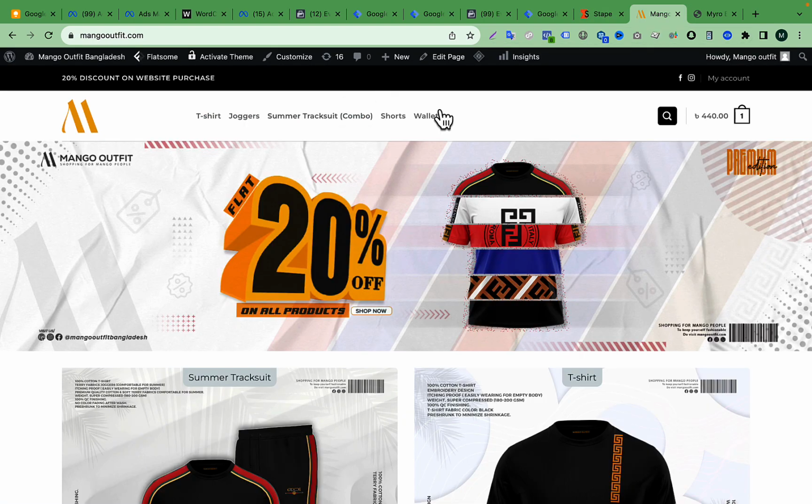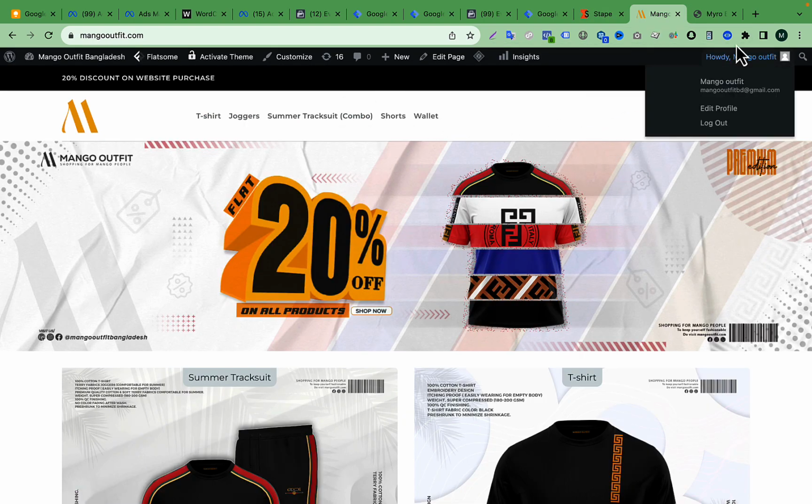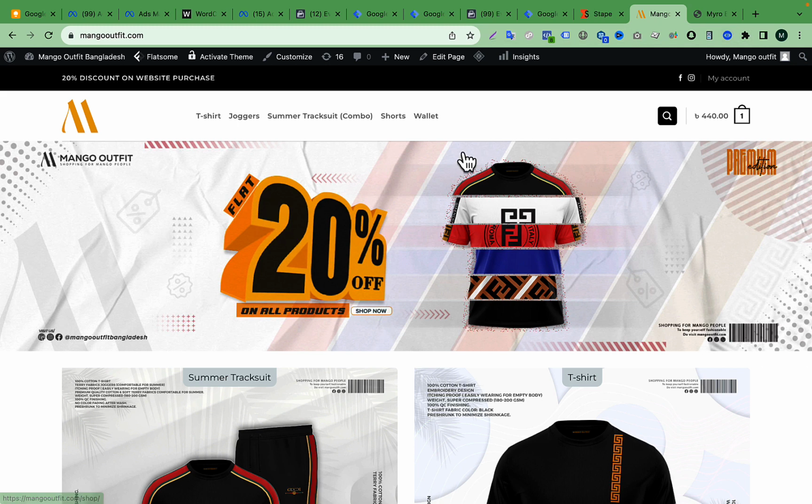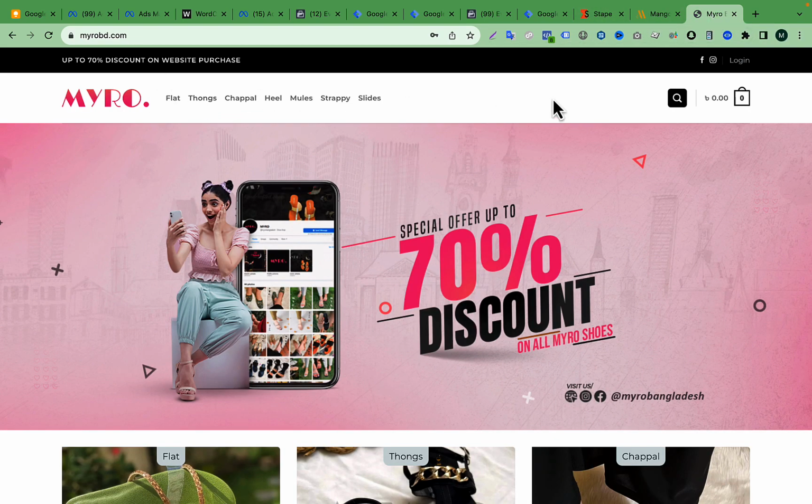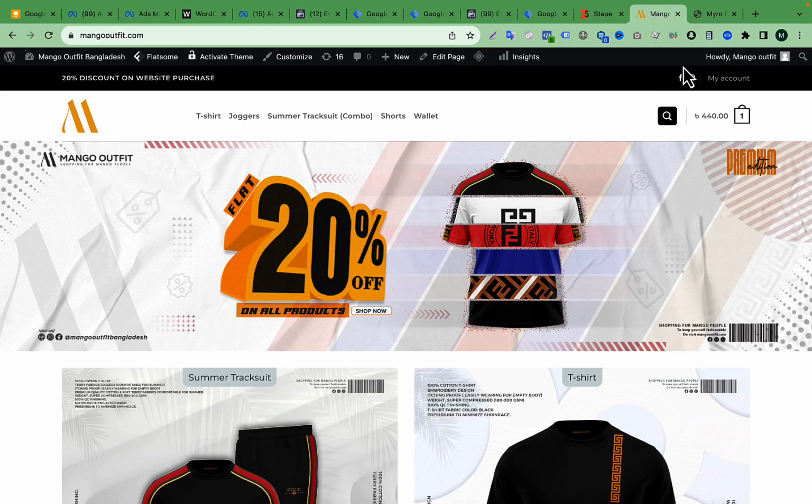website. Here you can see this is my mango outfit website, and this website already has Facebook conversion API set up and everything related to tracking. And also here you can see this is another website. This website also uses conversion API and pixel setup and everything related to tracking, but I already set up a custom subdomain for this website myrovd.com, but I will show you how to set up the custom subdomain for this